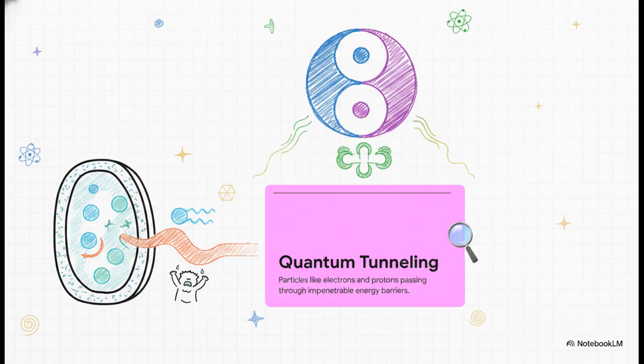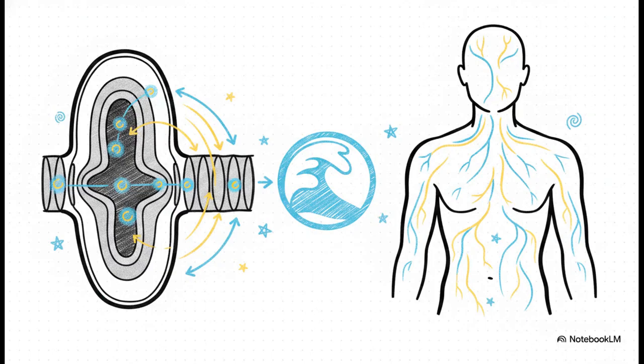barrier. But quantum tunneling shows us that particles like electrons and protons, because they act as waves, can literally tunnel straight through impenetrable biological mountains. Bypassing those classical limits saves the cell massive amounts of energy during ATP production. And this is exactly where the ancient and the modern worlds collide.